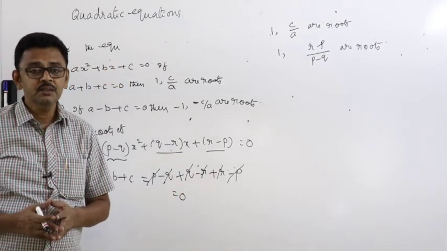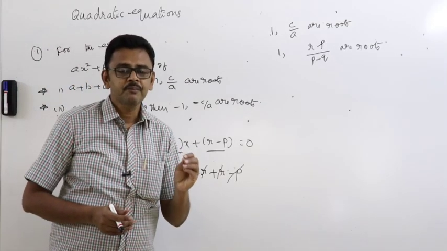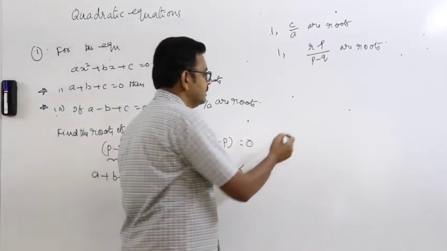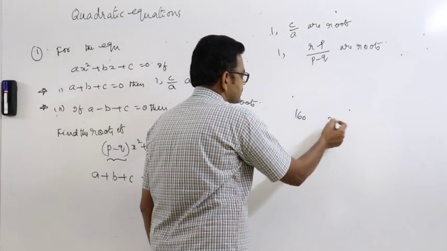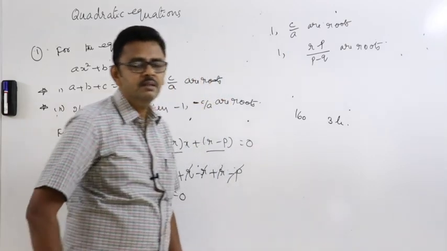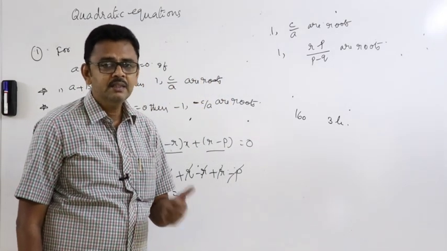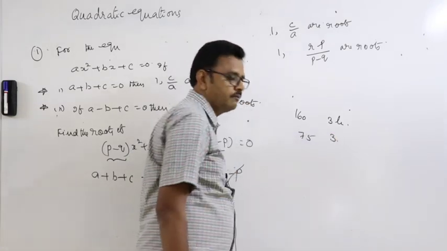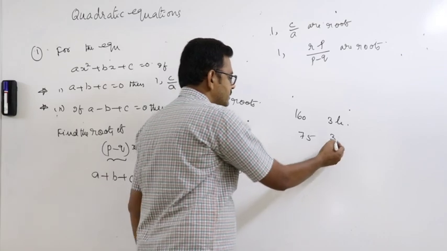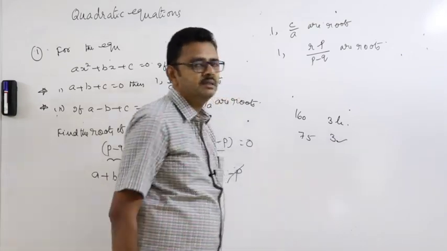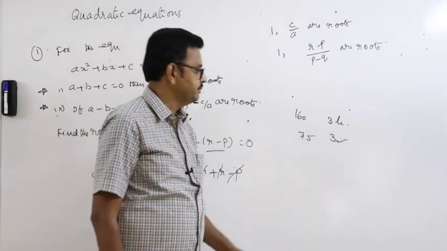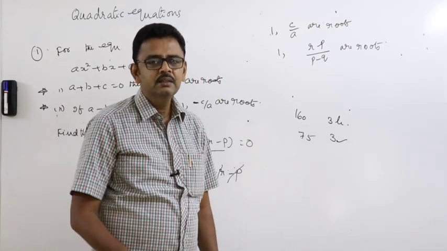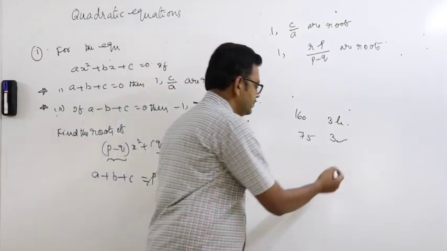Time is most important because of what? If you take MHT-CET, the paper contains 160 questions. Time is 3 hours. In the case of the JEE Mains exam, the paper contains 75 questions, 3 hours. In the case of the JEE Advanced exam, it depends on the year. Sometimes the total number of questions is 62, sometimes 56. That is also for 3 hours.